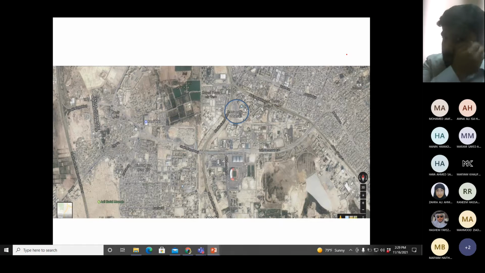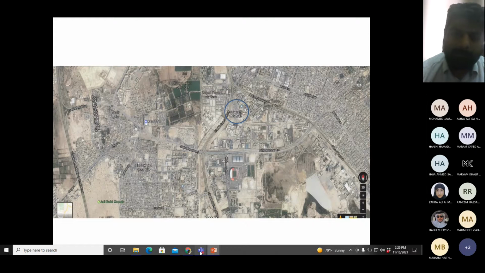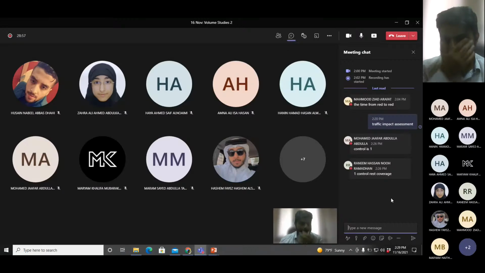Okay, just to explain the point further, this is our campus, right? The university campus in the blue circle. Okay, and what do we call this area? What type of area do we call it? The area in which we have our campus. What type of area is it? What type of area do we have our campus in?